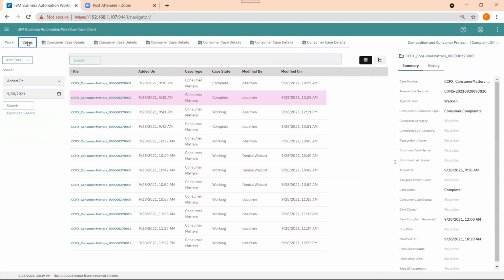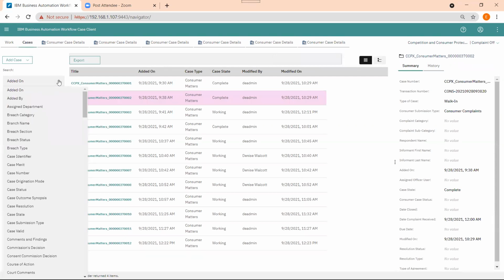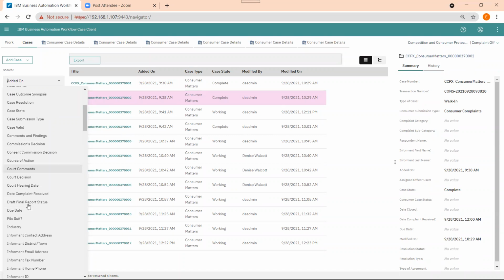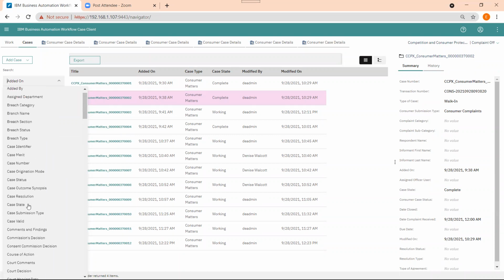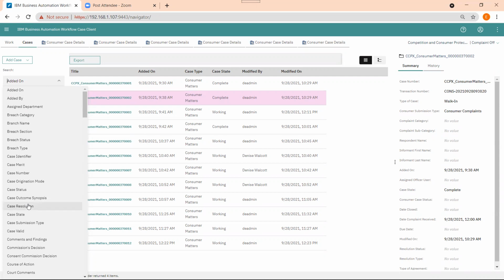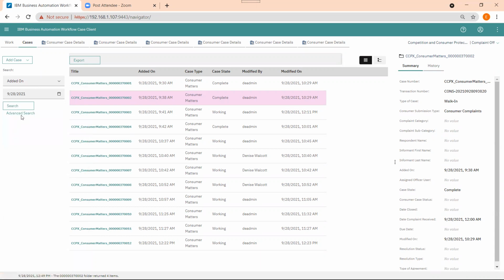Now, if you wanted to search for cases, for example, by any parameter, let's see, by breach type. You want to see cases by breach category, cases by resolution type, cases by the type of outcome. You can look in here and you can see all the parameters you wanted to draw on a case. Also, if you wanted to go here and look for, say, an advanced search,